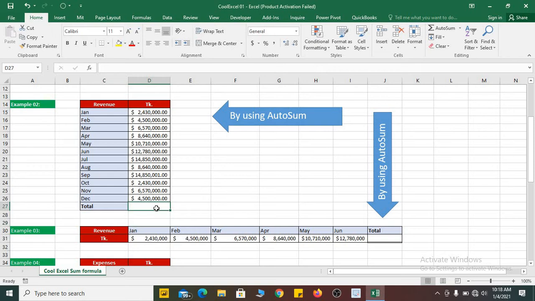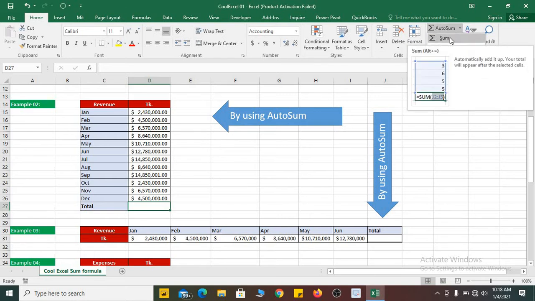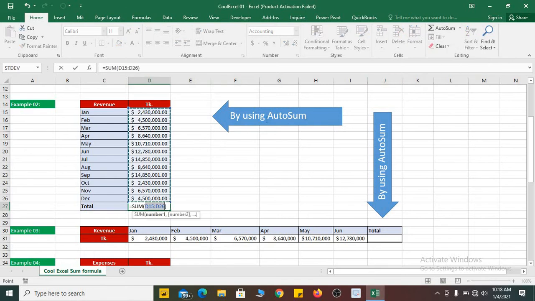Let's come to this cell and we are going to use the auto sum formula. Let's come to this cell, press the Home tab and come to this auto sum drop down list and choose sum, and this is your sum range. The dancing area will be your sum range. You can decrease the area or increase the area to make the sum and press enter from your keyboard. This will be your sum amount and it's working well.